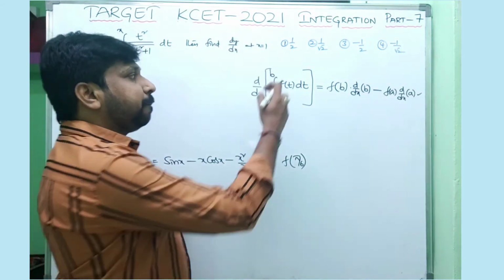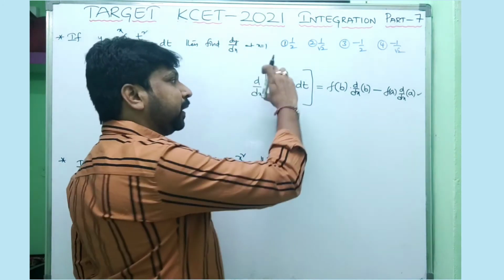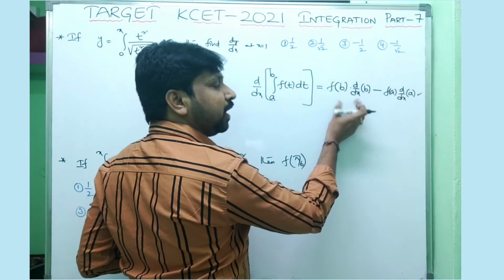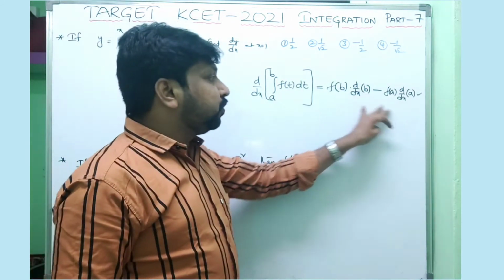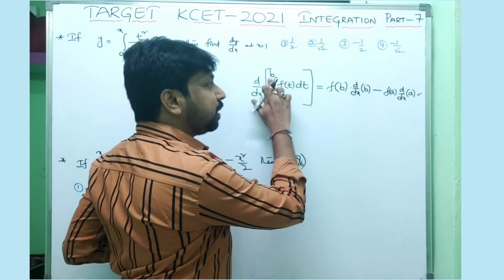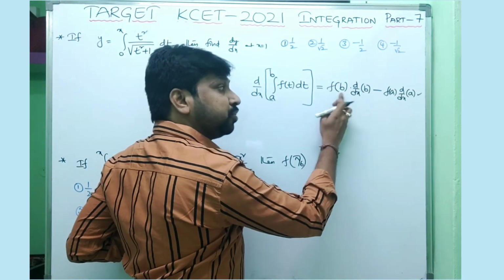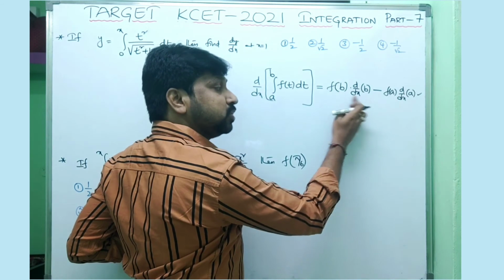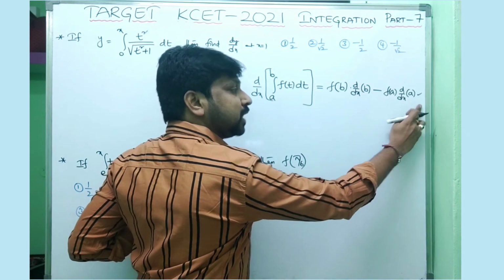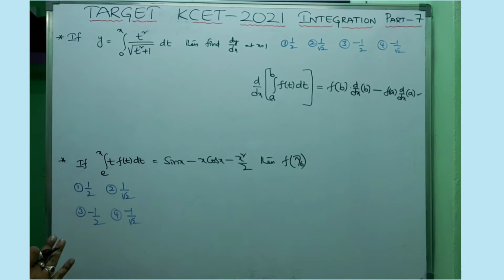For example, if the upper limit or lower limit is given as a constant, understand, you need not complete that term. Why? Because the derivative of a constant is zero. Whenever constants are given, for example an upper limit given as a constant, you need not write this step, because even though you substitute, the derivative of the constant is 0, so this term becomes 0 and the rest remains. For example, if the lower limit is given as 0, this term is 0 and only this one remains.